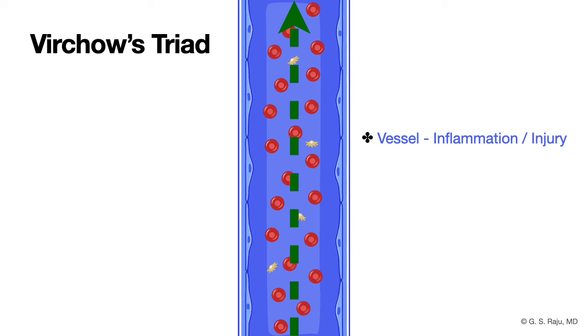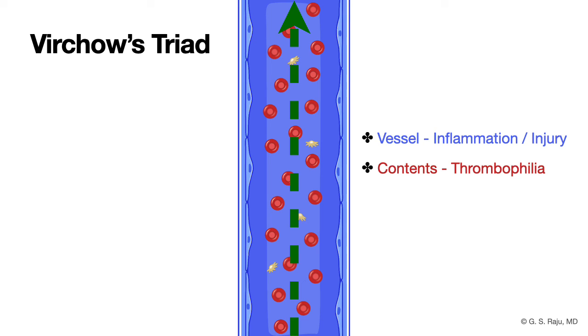Or if there is a blunt injury or the patient is in the post-op period after major abdominal surgery, either on the stomach, pancreas, colon, intestines, or gallbladder, they all cause damage to the vessel and precipitate thrombosis. Then you think about contents of the vessel. If either cells are increased in number, like polycythemia, thrombocythemia, or if there is an imbalance between the procoagulants and anticoagulants,